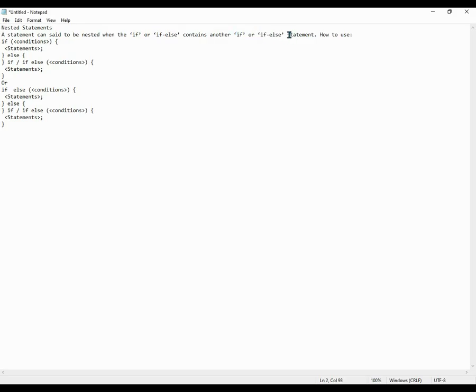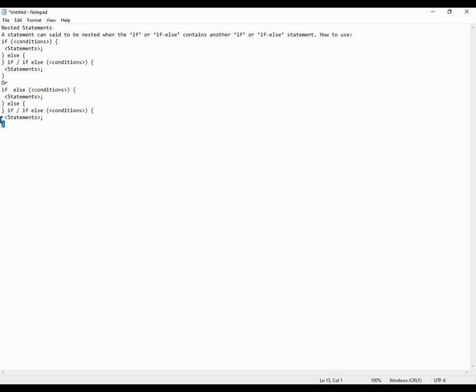How to use: if (condition) { statement; } else { } { } if or if-else (condition) { statement; } or if-else (condition) { else; } else { next line } if or if-else (condition) { statement; }